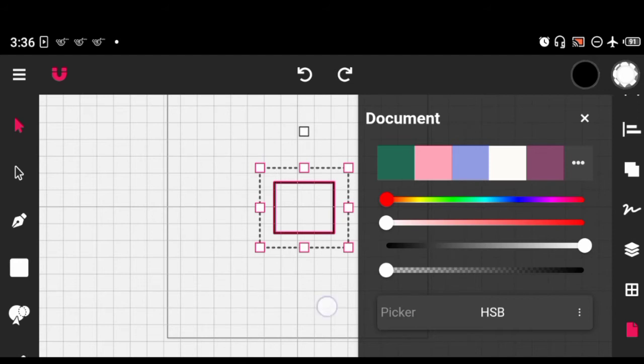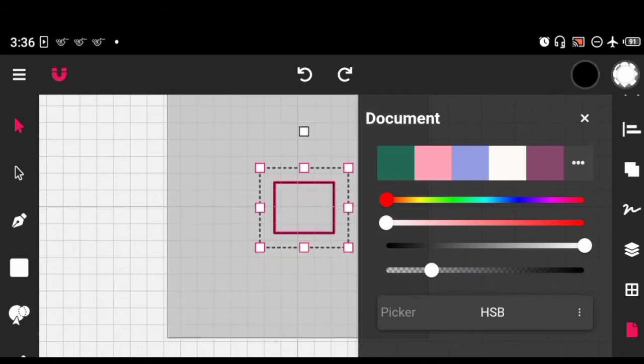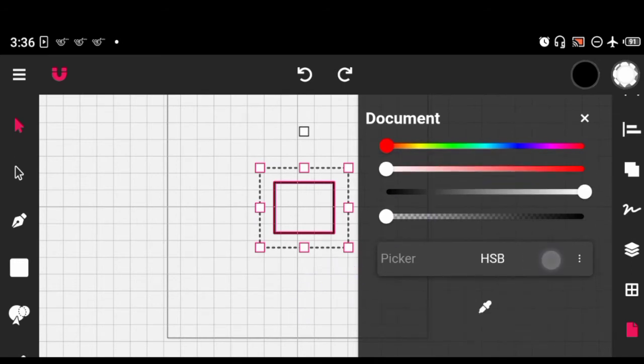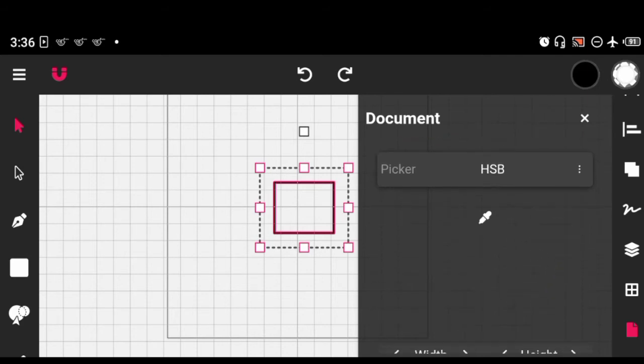to transparent. If it's in this format, that means the background is white. But if it's in this format, that means the background is transparent. And I'm going to show you. If you export it in white, it will be white, but if you export it like this, it will be